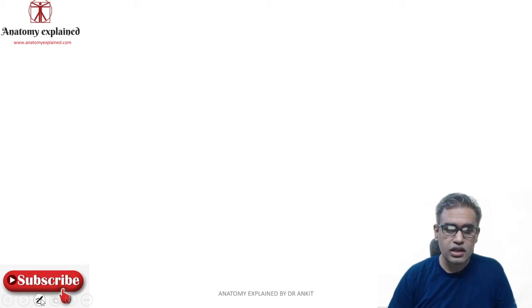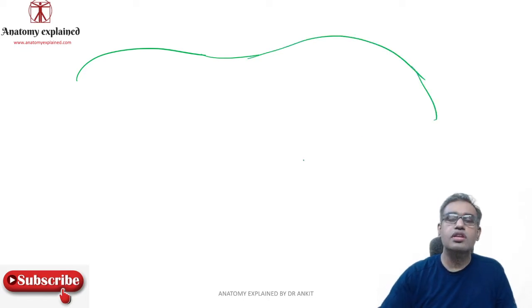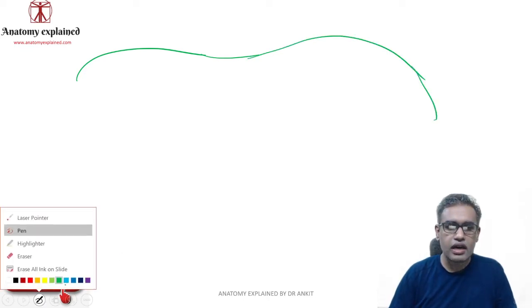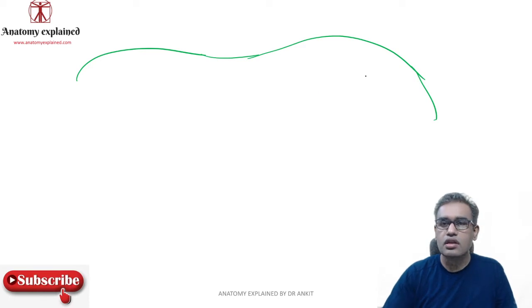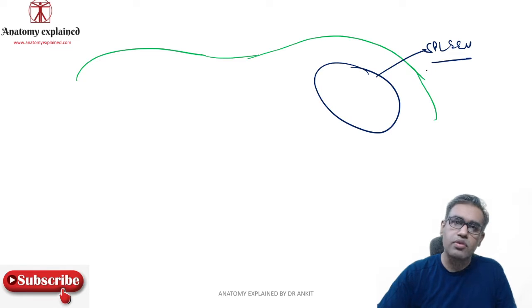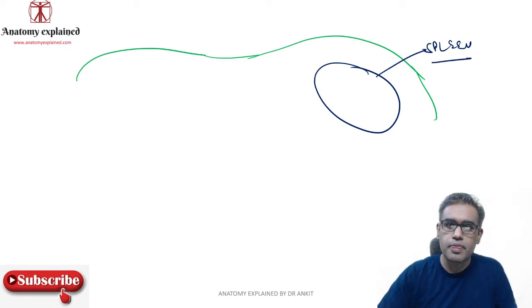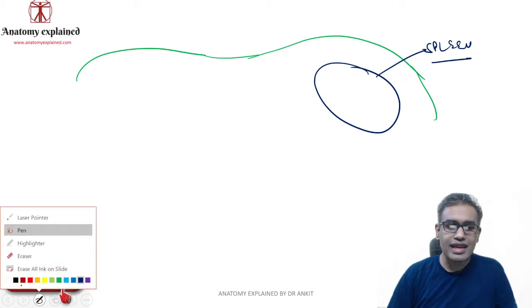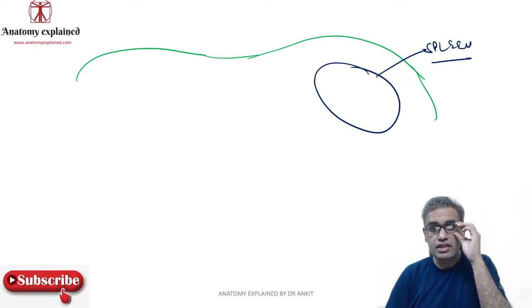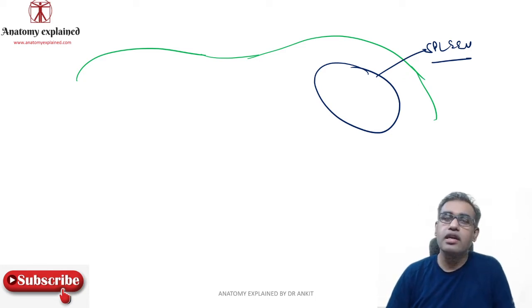That is very important. So now if we roughly make the diaphragm over here, then this is the right dome of diaphragm, the central tendon, and the left dome of diaphragm goes like this. And here we have this as our organ of discussion today, that is the spleen, lying in the left hypochondrium. We are not making the ribs, you can understand they are lying posteriorly. Now it is an intraperitoneal organ. Therefore, you have to imagine that it is covered totally by the peritoneum, except where you have the peritoneal folds.